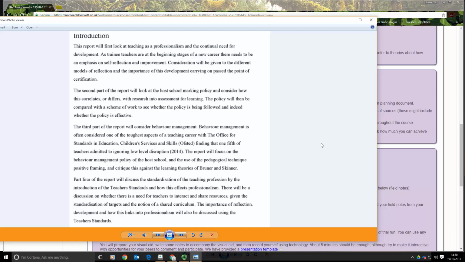So she's comparing that with a scheme of work. I'm hoping that you can see here that she's making it specific and relevant to her context, not just a broad introduction. So there's just two examples there, one a broad introduction and one an actual introduction to the section, that might give you an idea of how to develop your own way of addressing that section.